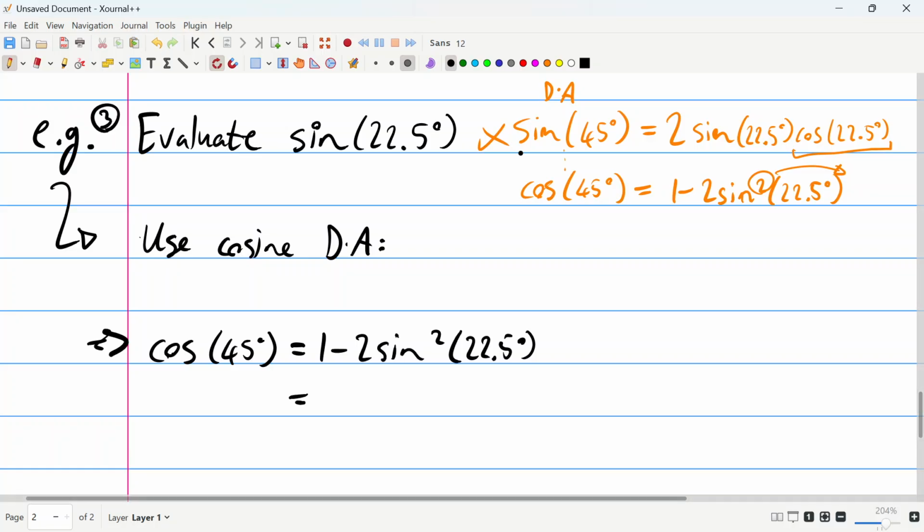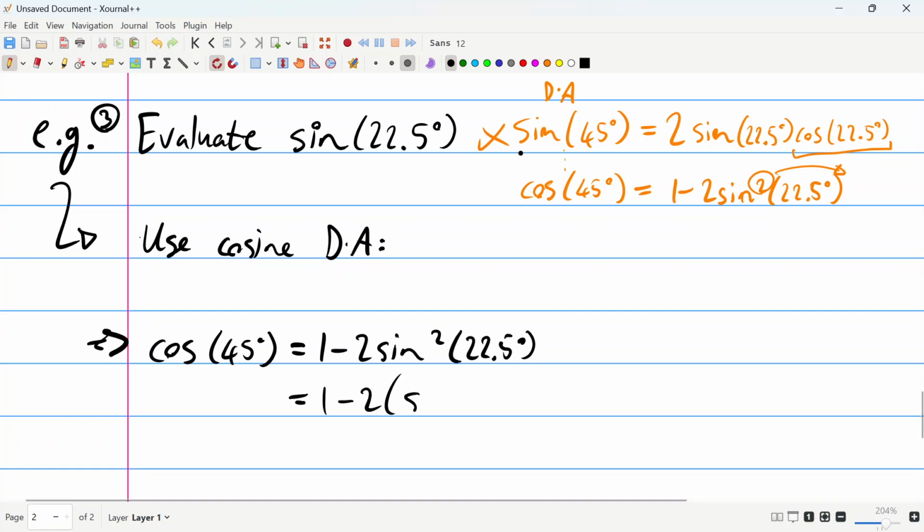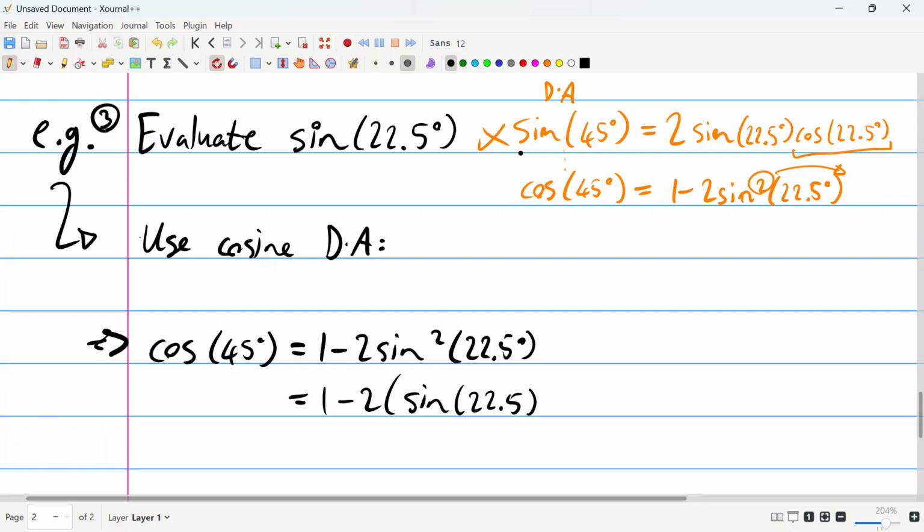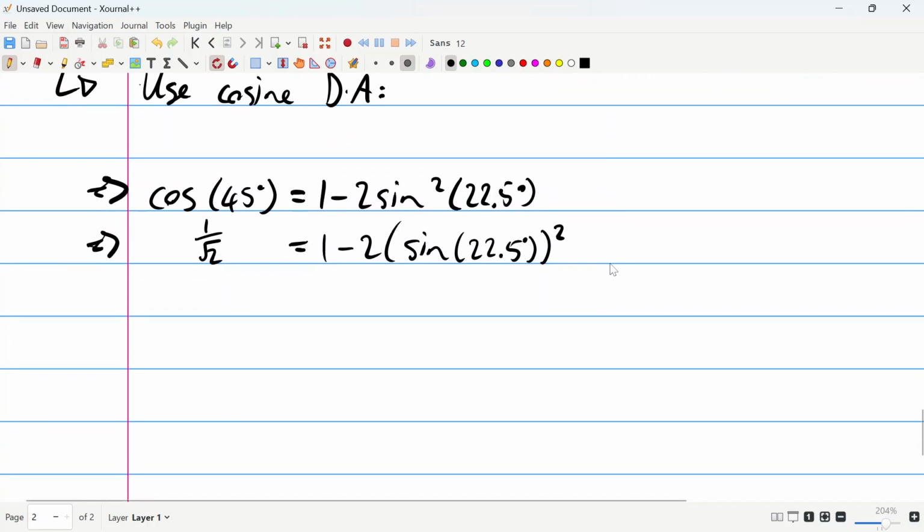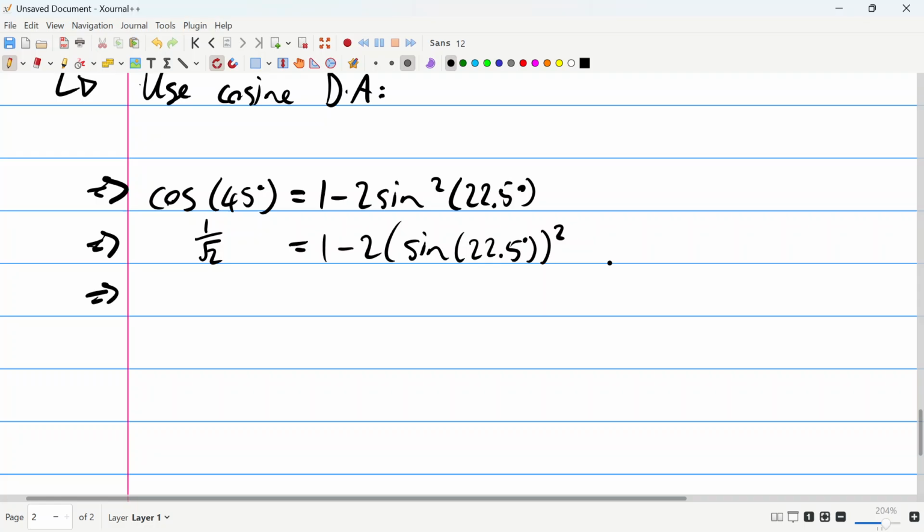And then from here, notice we have 1 minus 2 multiplied by sine of 22.5 degrees raised to the power of 2. And we know that cosine of 45 degrees is equal to 1 over root 2, right? Using the special triangle. And then over here, 1 over root 2 is just going to be equal to,